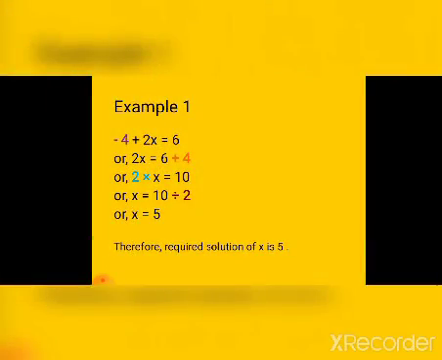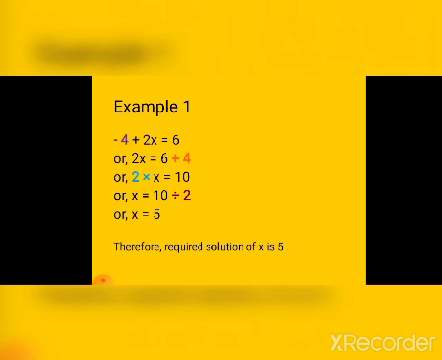Okay, so let us solve example number 1, that is -4 plus 2x equals to 6. Our target is just to find out the value of x. So apart from x, we will take all the numbers to opposite sides. First we can see -4. The sign of 4 is negative, so when it goes to the opposite side, it will become positive. So in the very next line, you can see 2x equals to 6 plus 4, which means 2x equals to